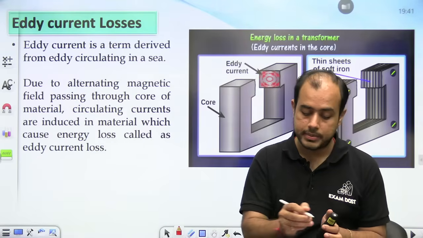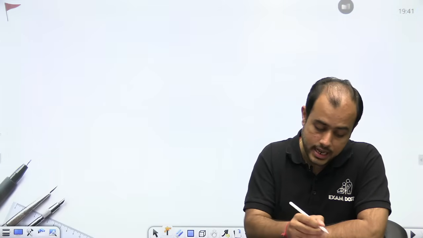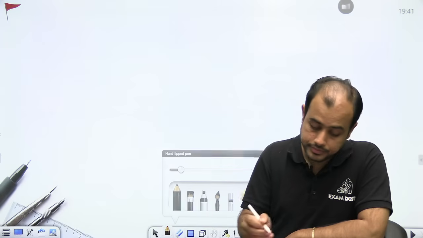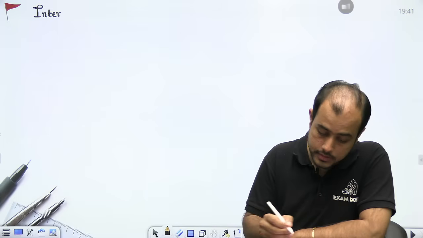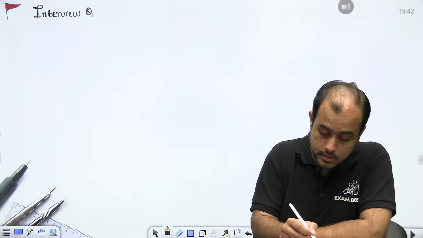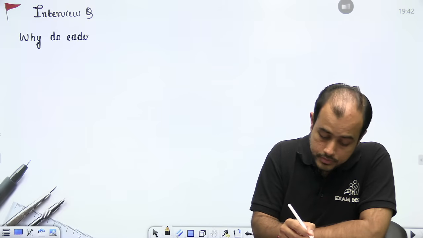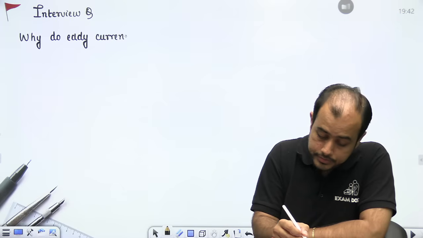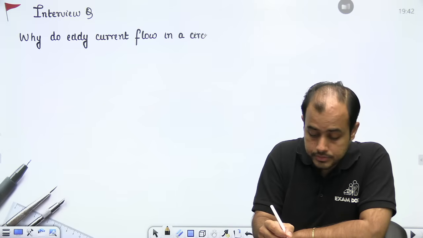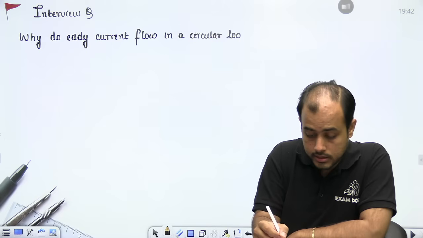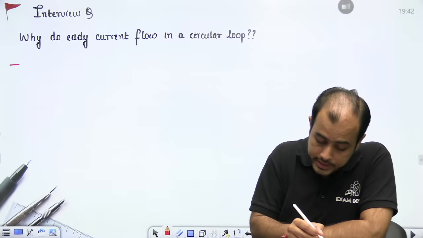Now there might be one question, beta, that somebody may ask you in an interview. Why do eddy currents flow in a circular loop? ठीक है, द आंसर इज बेटा,